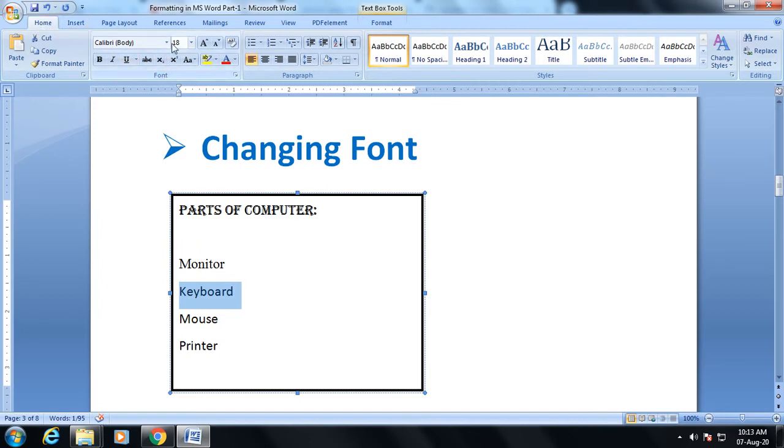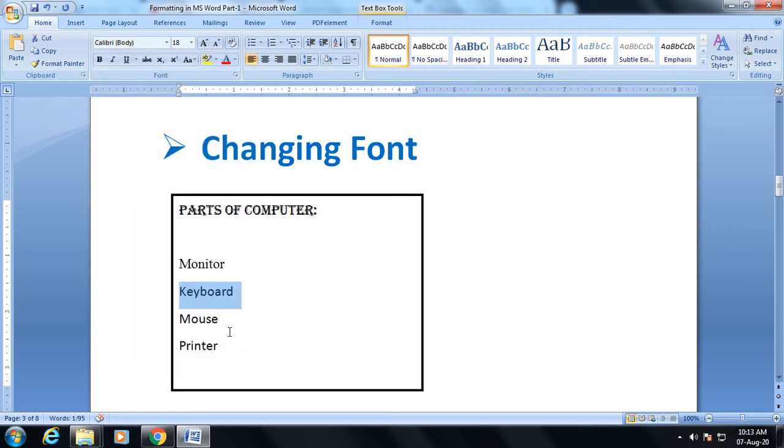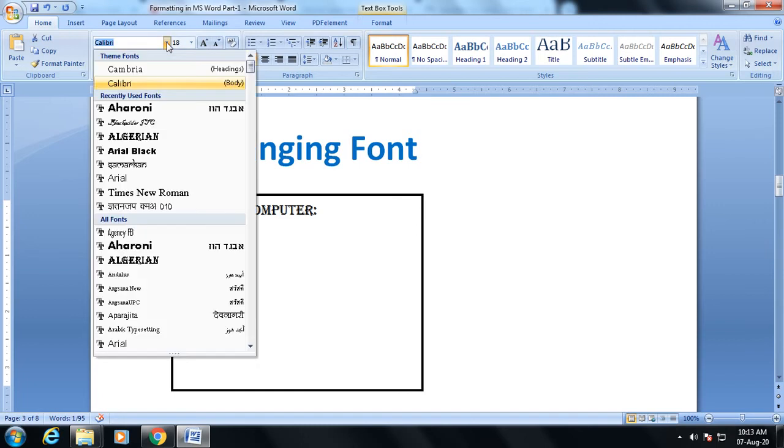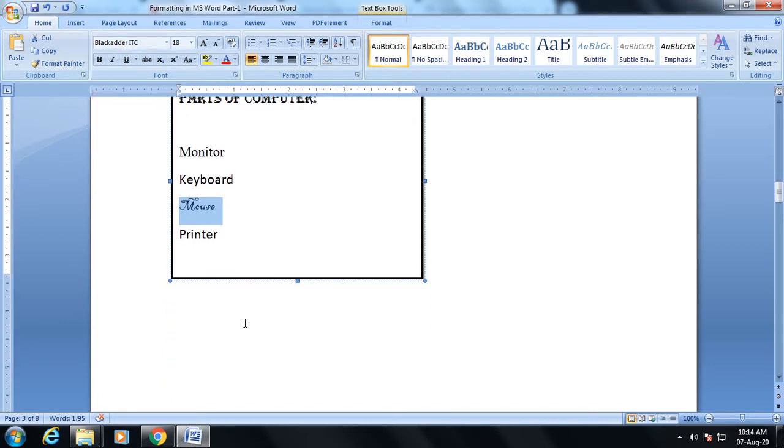In font group click on font option and change the font style. I'm choosing Aroni, like this, or you can choose another font style like this, mouse. This is Blackadder ITC. Fine. In this way you can change the font style.